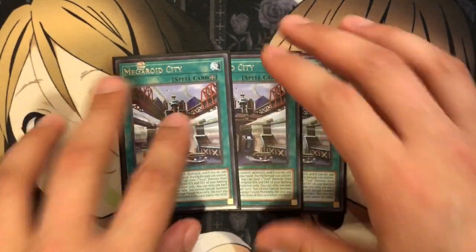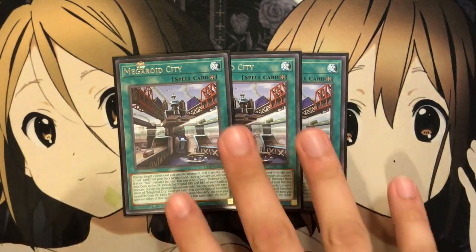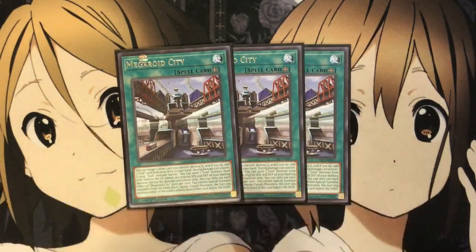This is your field spell for the Vehicroid deck. It's actually quite awesome that we got a field spell for the deck. One thing I didn't expect in the long run that we'd ever get for the deck, but still really cool. You can target 1 other card you control, destroy it, and if you do, add 1 Roid card from your deck to your hand. During damage calc, if your Roid monster battles, you can send 1 Roid monster from your deck to the graveyard to switch the original attack and defense of your battling monster,